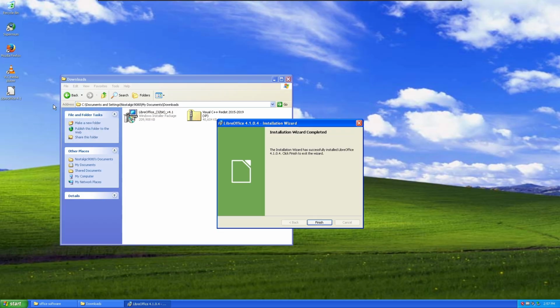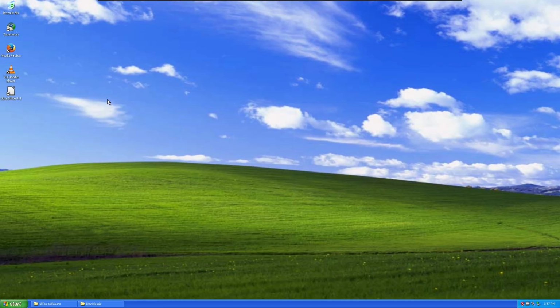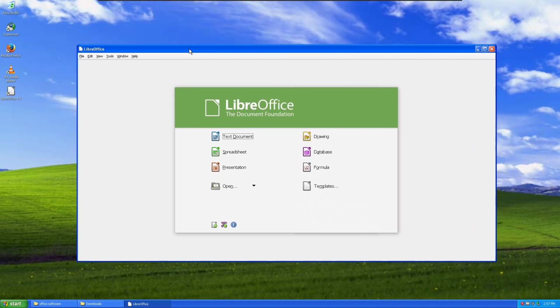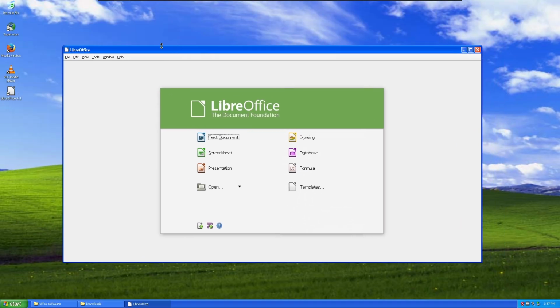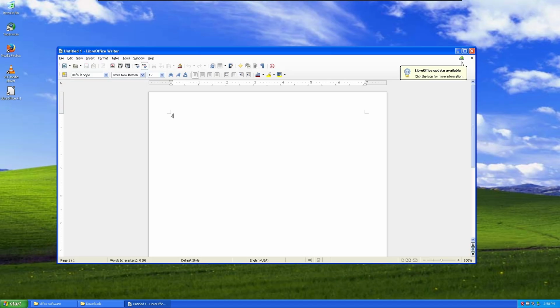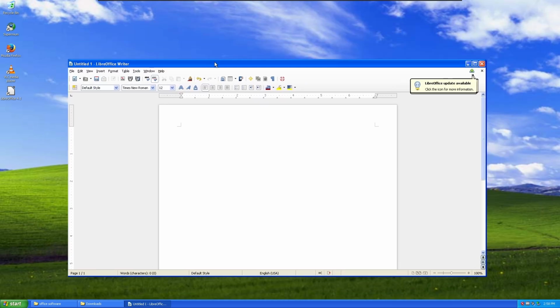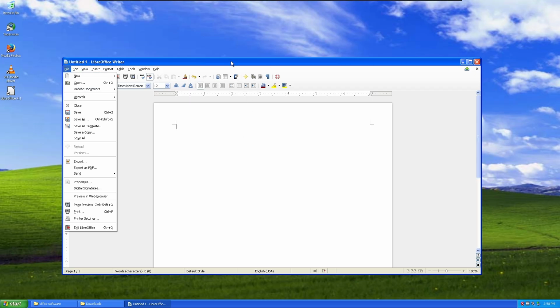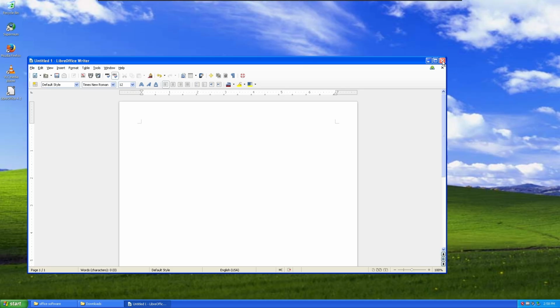and see what happens. And now we have LibreOffice 4.1 installed. That's finished, and let's see if we can open it up and see if it's any different. And there we go. So yeah, this runs. So I imagine the version of LibreOffice that I installed was just too new for Windows XP. Maybe I could add some DLL files to make it actually run, but I think you could find a version of LibreOffice newer than 4.1 that it will run with, but this is what we got. So we can now make text documents, which I think, even if you're using Windows XP, is good enough. But yeah, now we have that installed and working somehow, let's go ahead and install an